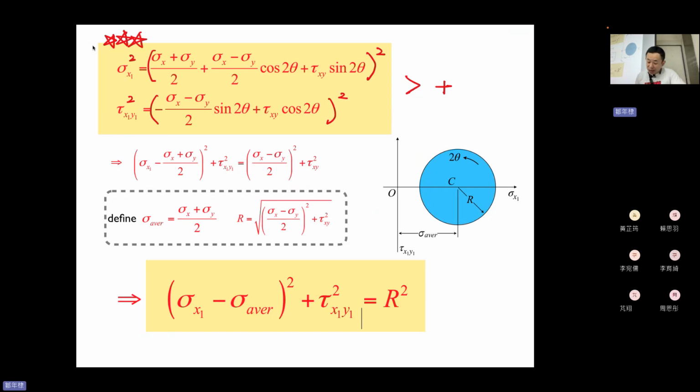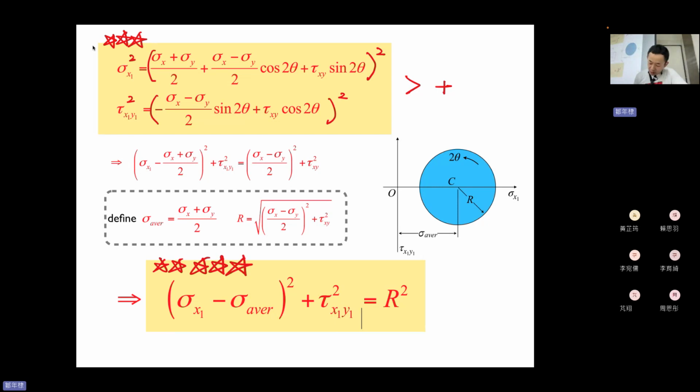And then if we define sigma average as sigma x plus sigma y divided by 2, and R is actually what you learned in geometry, right? R is this one. And then you can represent this by this one. So this one can be determined here. And then,